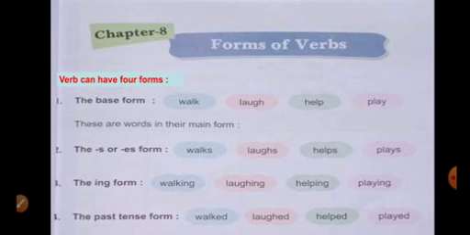But when we talk about some other verb like come, C-O-M-E, and when we convert this word into the past tense form, it becomes came. Ed will not be added here. So here the whole word is changing. Come becomes came. Like run becomes ran. Now have you understood students? Let's move forward and see some other examples of forms of verb, base forms and their other forms.